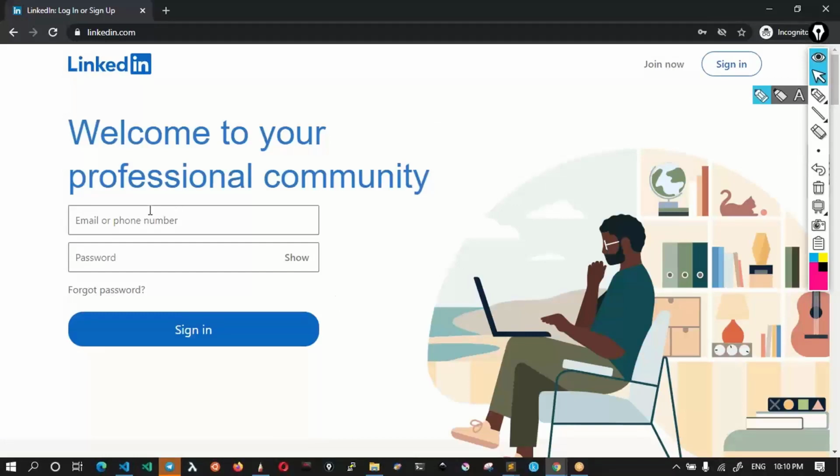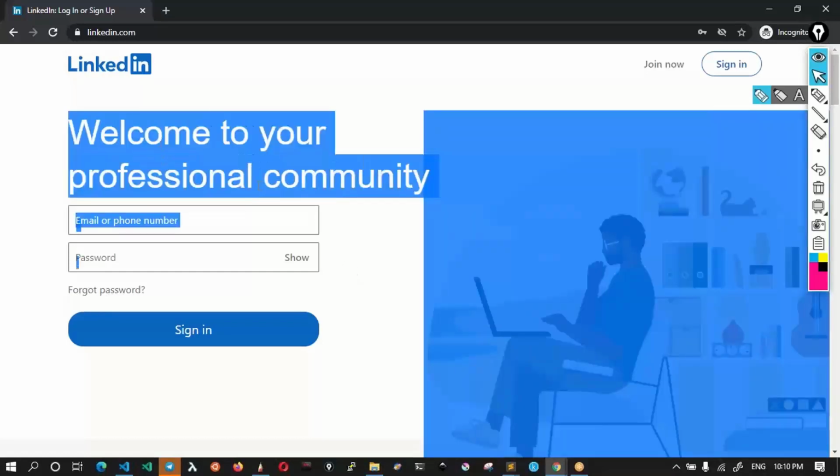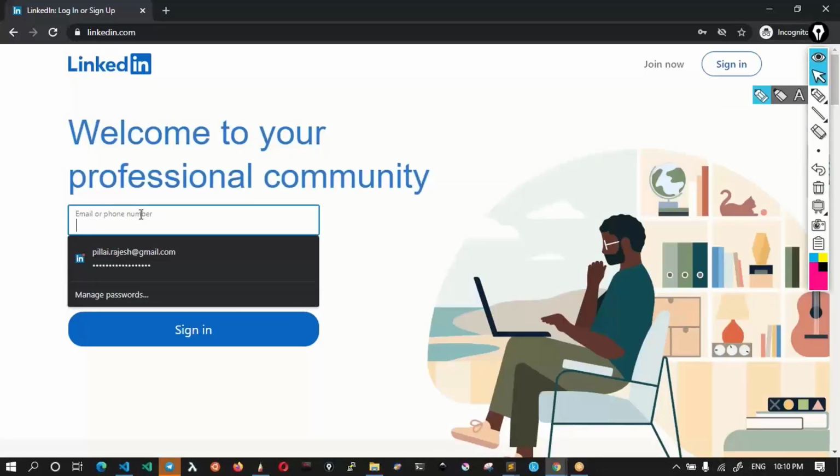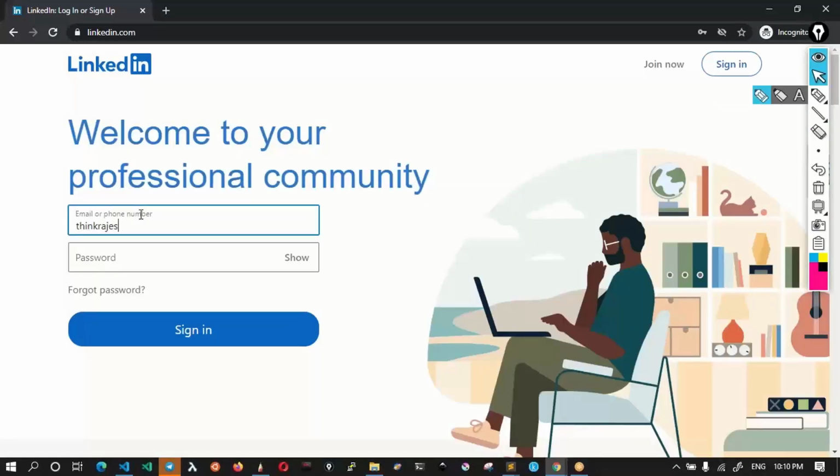The feature is this. Assume you are building a login page. You enter your login, and then you enter your secret password. But at this point I'm not very sure what I actually keyed in, because I cannot see these values. There's a button called show here. When I click on show, you can see the password. When you click on hide, the password is hidden again.